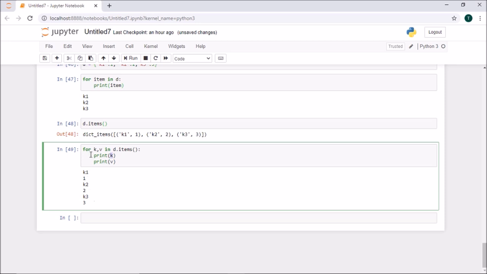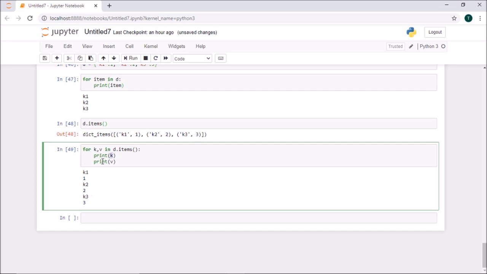See, first how it works: it identifies this, then it runs the second part where k is first. For the first iteration k is this one, v is this, so it prints this. Then for the second iteration it goes to the second element where k is this and v is this, so it prints that.